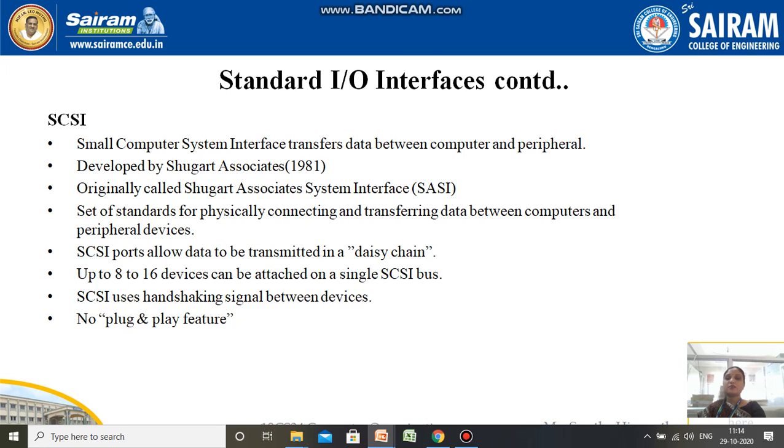Only 8 to 16 devices can be connected over this SCSI bus, whereas in a USB bus we can connect up to 127 peripherals. So this is one of the drawbacks of SCSI. SCSI also uses a handshake signal between devices, so there is no plug and play feature.